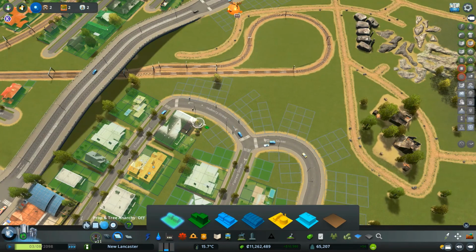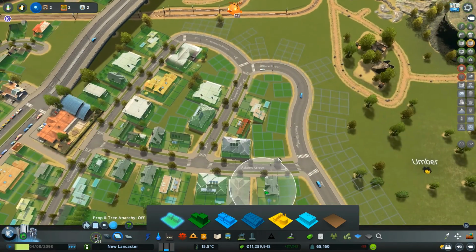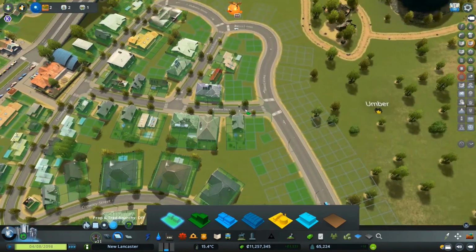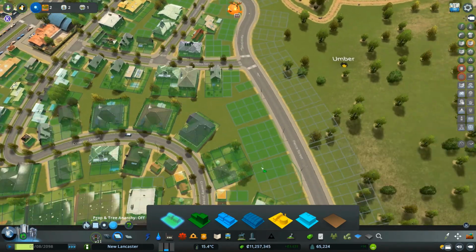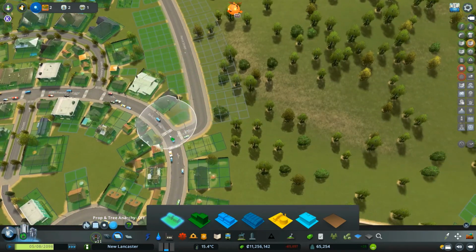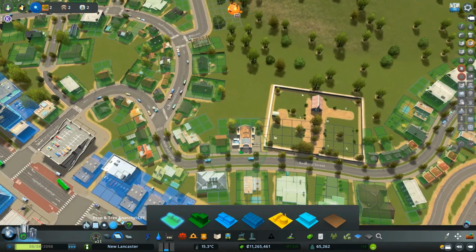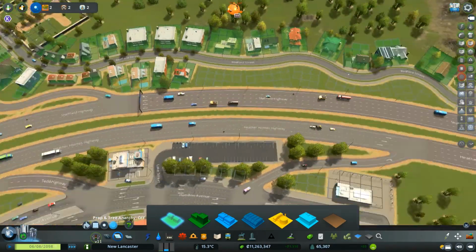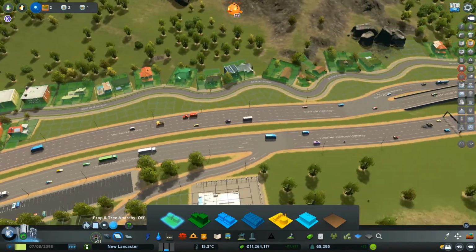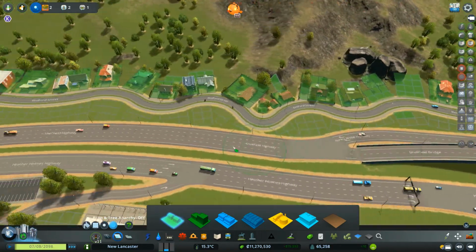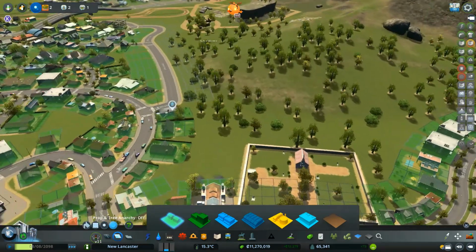All right, and I'm just going to zone in. I'm just going to take the small brush here. I'm just going to zone in residential on the inside of this. Oh no, jumpy game. There we go. Because I did delete some residential. And I mean, there is residential all the way out this way. Interesting, okay.